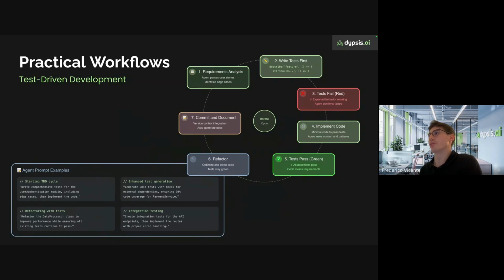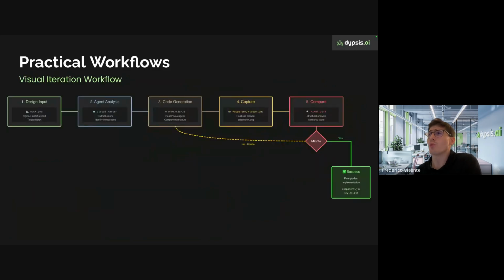So if you follow these methodologies, it's just a matter of adapting to these AI systems. There is also this common workflow, which is visual iteration. For instance, if you are building some UI, by using these AI agents, it can be a little bit easier to debug these UIs. You can use some tooling like Puppeteer and Playwright, and you can have the agent itself iterate with what it is creating and have a visual understanding of the results.